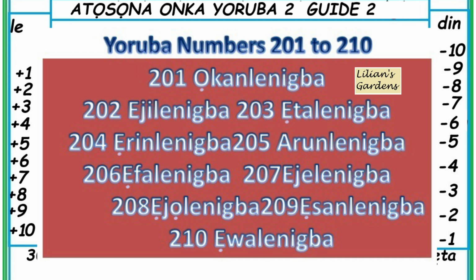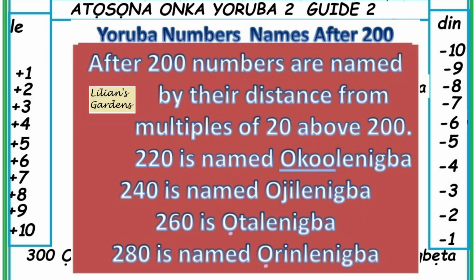201 ọ̀kànlénígba, 202 èjìlénígba, 203 ẹ̀tàlénígba, 204 ẹ̀rìnlénígba, 205 àrúnlénígba, 206 ẹ̀fàlénígba, 207 èjèlénígba, 208 ẹ̀jọlénígba, 209 ẹ̀sánlénígba, 210 ẹ̀wálénígba. After the 200s,